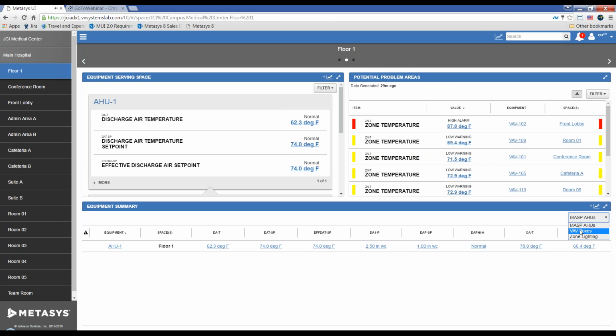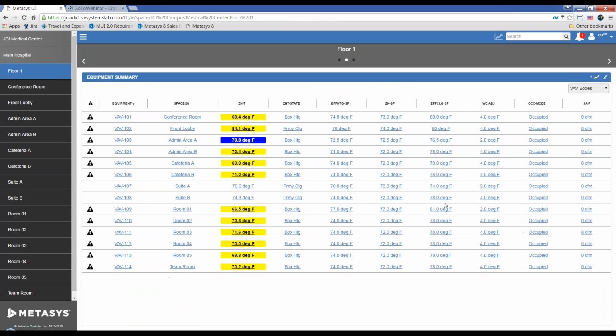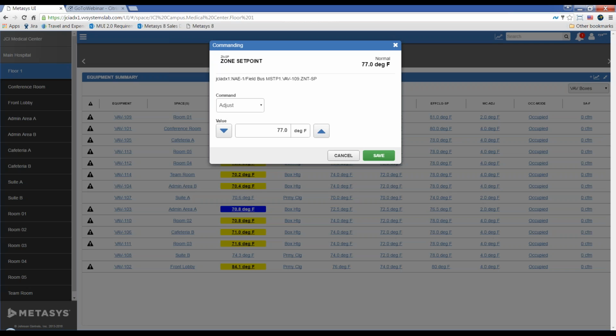So if I click down and look at my VAV boxes, I get a tabular view of the floor. I can sort on the lowest, highest temperature in the system. I can also command. So anywhere in here where you see a link, a web link, I can go into our commanding dialog. So if I need to change the zone temperature set point, I click in, I can adjust it,